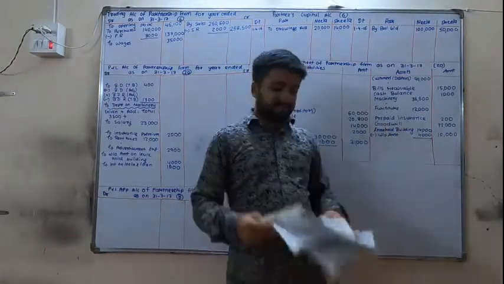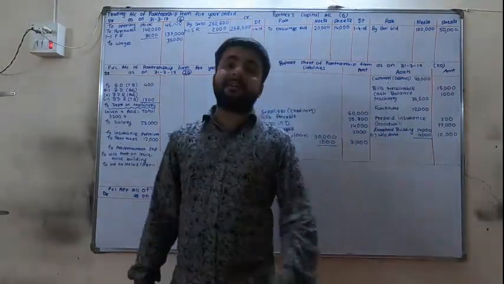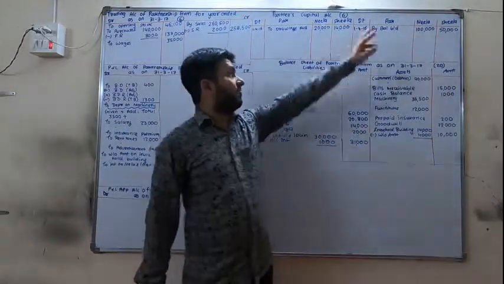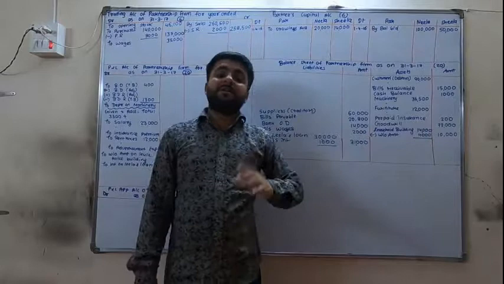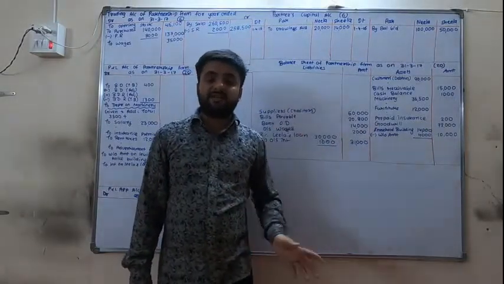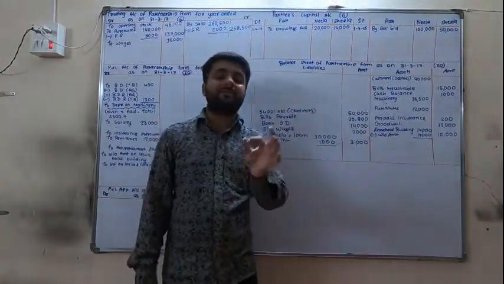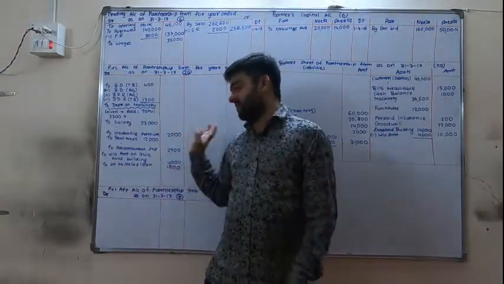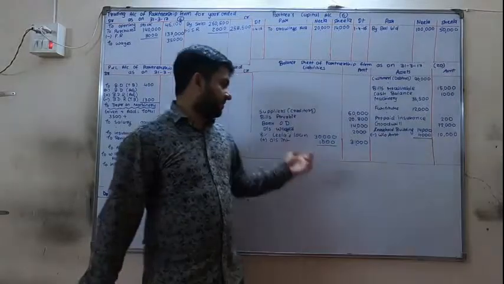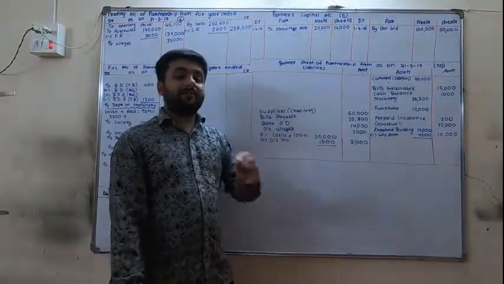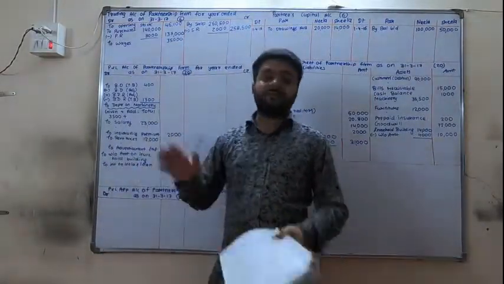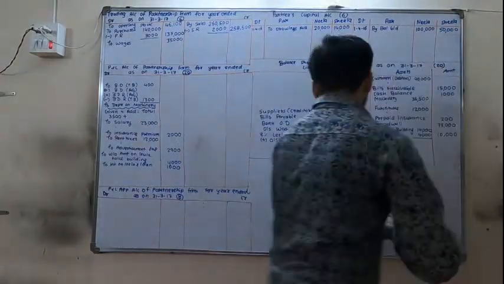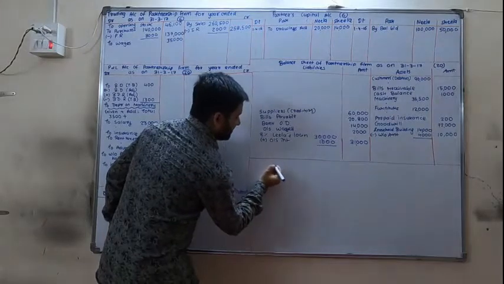Goodwill is our asset. Then leasehold building is our asset, and remember, normally the lease starts from the start of the year, that is 1/4/16 only, but here it started 1.5 years before. So first we calculated 20,000 as its cost price, then we calculated the amount of return, and the next effect is here. Leela's loan is on the liability side, and we have calculated 5 months' interest, and the next effect is given here. Now we are going for the calculation of closing stock.